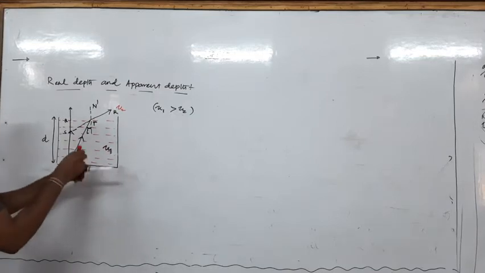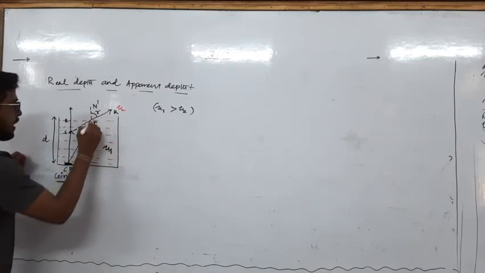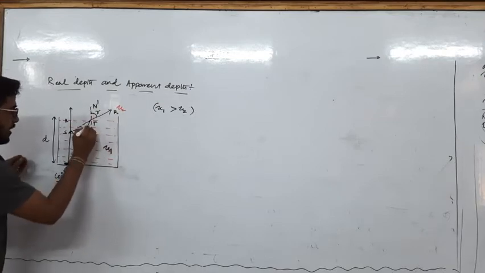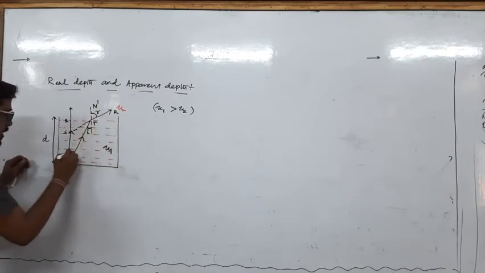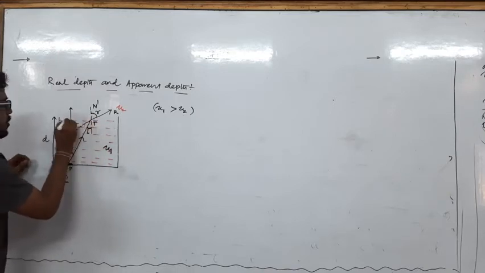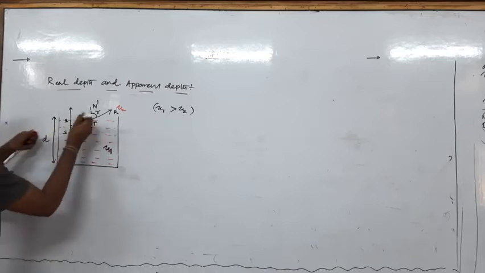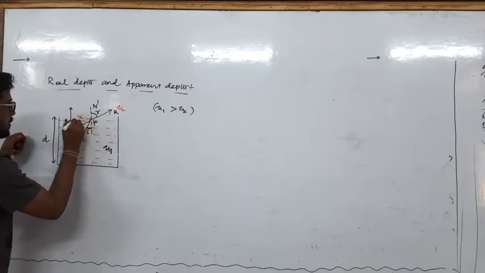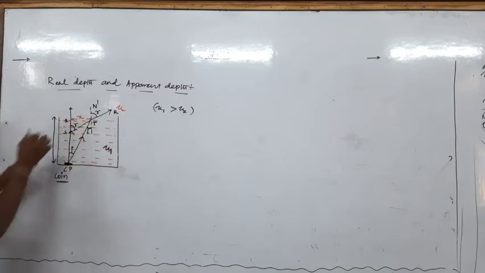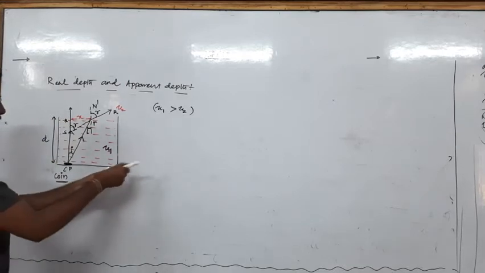So this angle here will be how much? R, the angle of refraction, and this angle is I. As this is normal, this angle is I, this is also normal, so this angle is also I, and as this angle is R, this angle is also R. So let the distance between point Q and T be X. Okay, these two rays are very close to each other. Clear? So for this condition, in the right angle triangle,